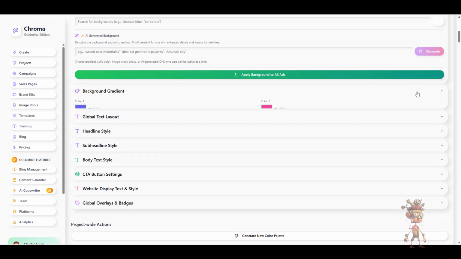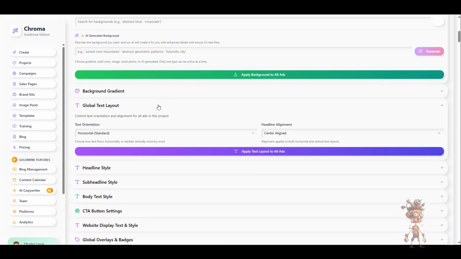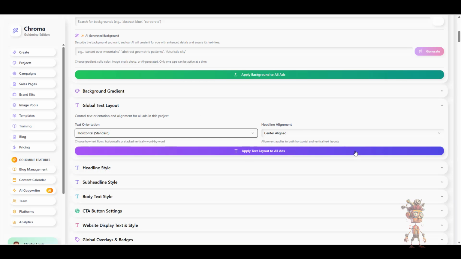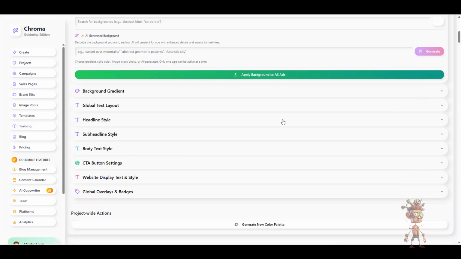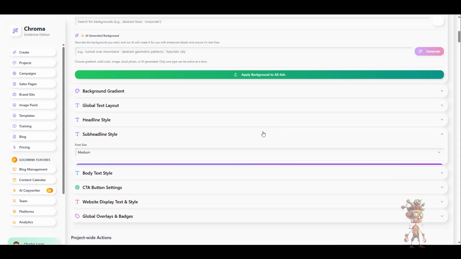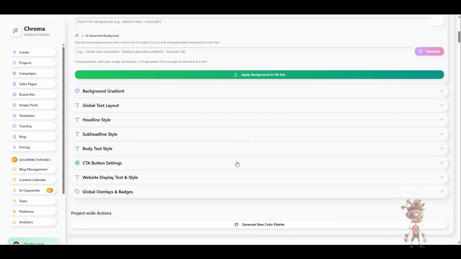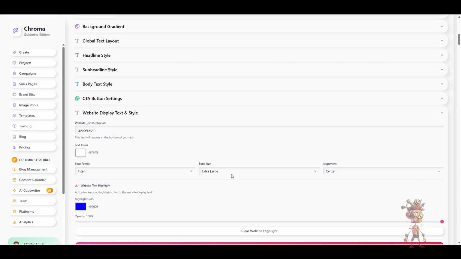You also have your global text copy layout, which you can change to vertical stack words as well, and alignment for that. You also have the option for headline style and alignment, subheadline style and alignment, body text style, call to action, website display and style,